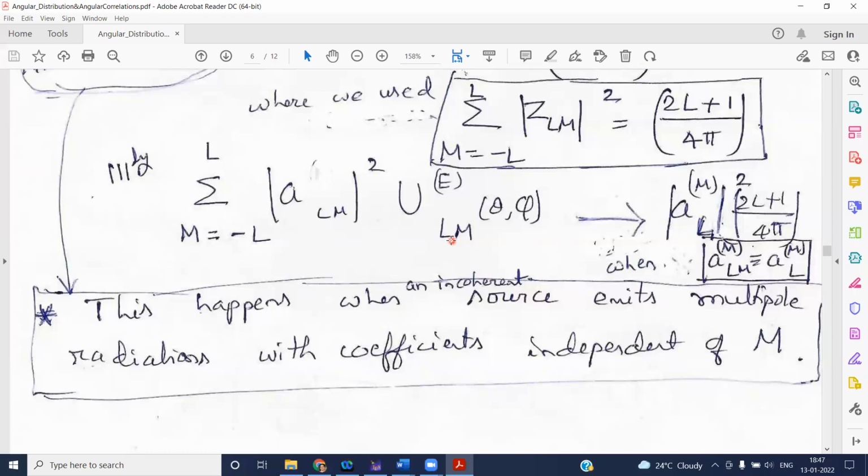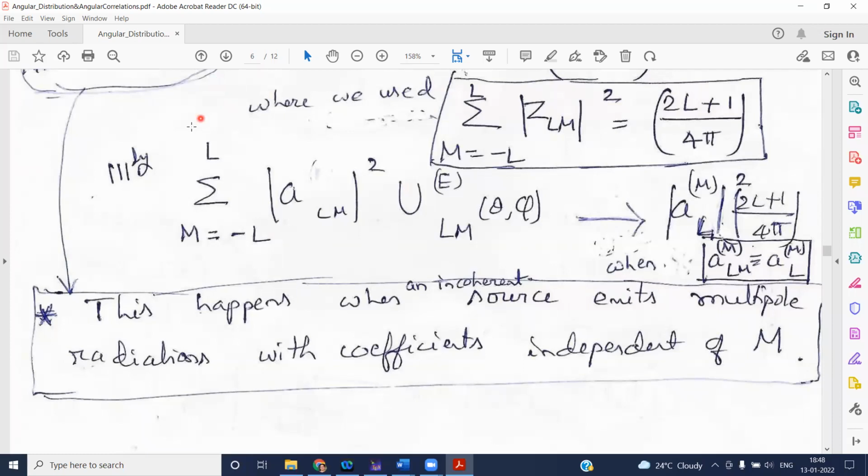It may be a little confusing to you, but I will just emphasize that the angular distribution gets washed out when you simply take the summation over m value. Summation over m value means what I obtain in experiments when I have an incoherent source. I don't have a coherent source. This is what happens in nature. I don't have a source prepared in a particular way, or a controlled experiment where I can get information about angular distribution. It gets killed. So I need to do something different.